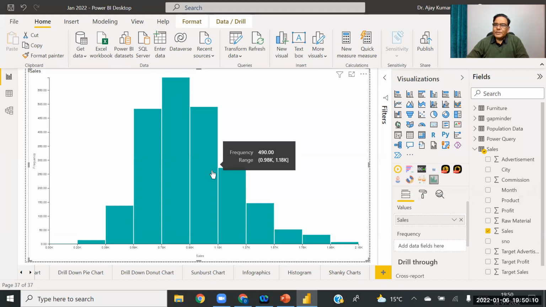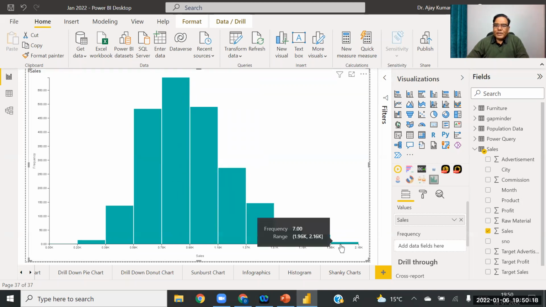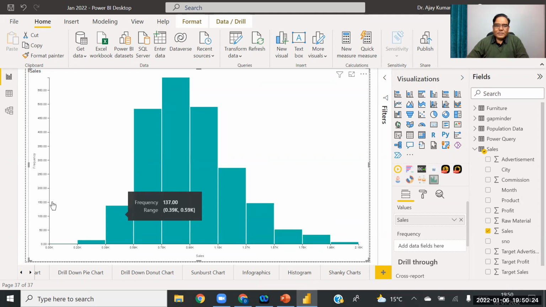So basically we are representing the total sales, that most of the sales are in this range. In some cases, we have extremely high sales, so this range of sales comes very rarely, low frequency.